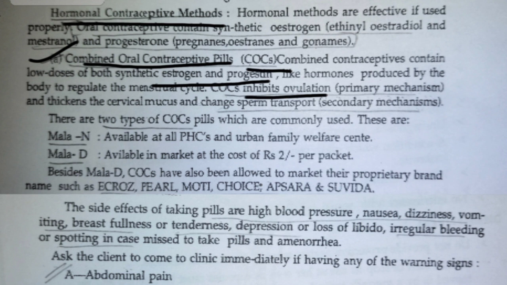And secondly, it will stop the entry of sperm inside the uterus. It will block the way. How will it block the way? It will thicken the cervix in the way of transporting: vagina, cervix and uterus. This is how the sperm is transported. If the cervix walls get thickened and the way is blocked, the sperm can't reach the